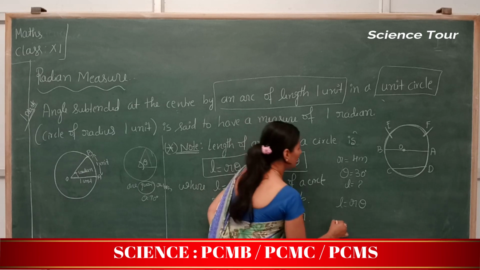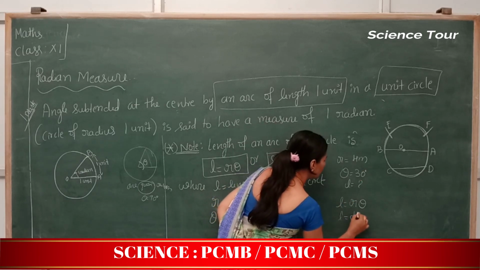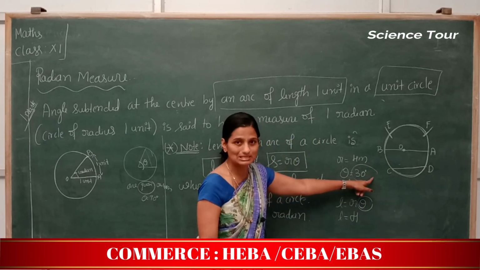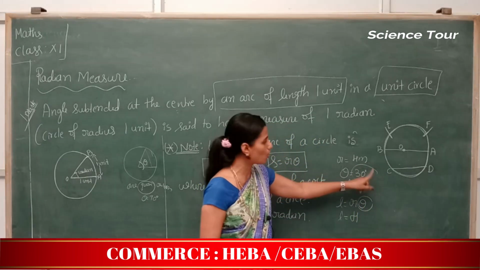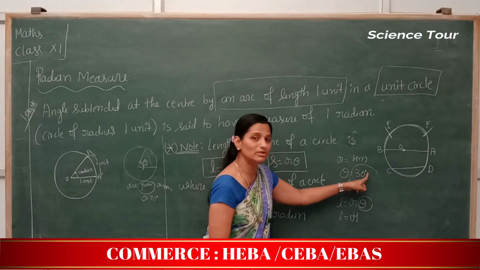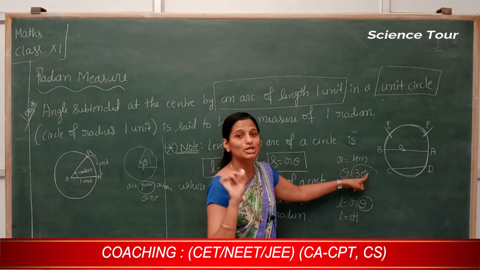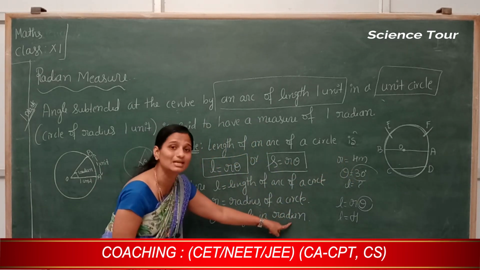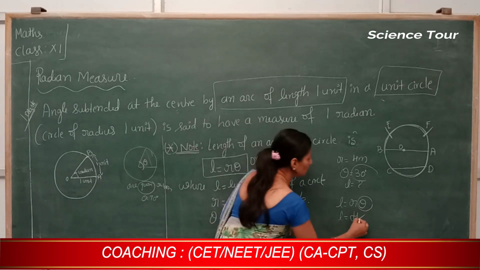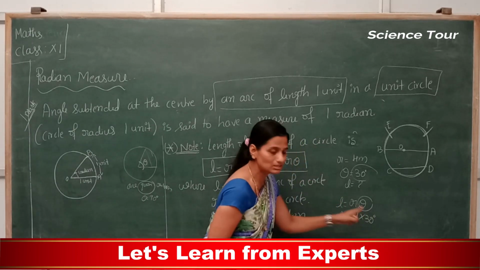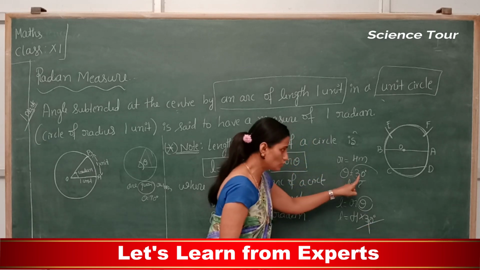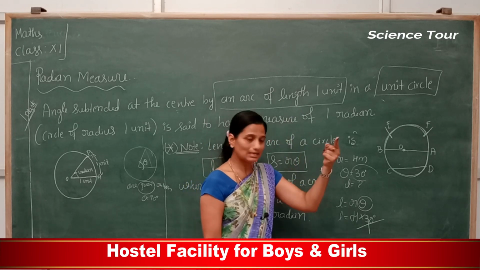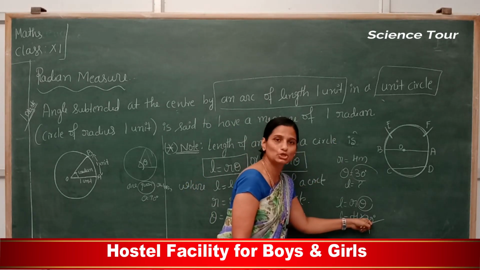Now substitution: L is equal to r, which is 4 here. What is your theta? Is it this 30 degree? No. Why not? Here the angle is in degree unit, but in your formula theta is in radian. So don't substitute 30 directly. That is wrong substitution. First you should convert this 30 degree to radian, and after that conversion, substitute theta.